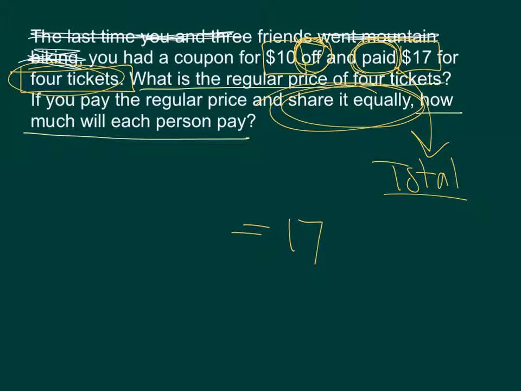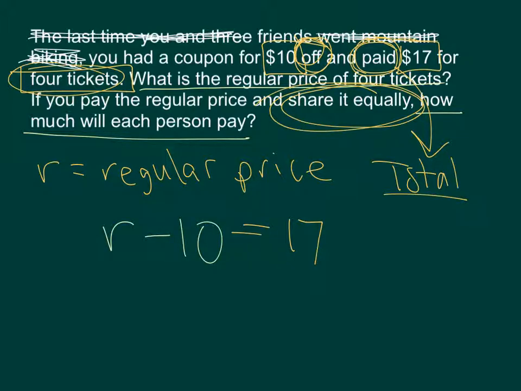So if we knew the regular price, which we're looking for, let's say R is equal to the regular price, how would we write the left-hand side of this equation so that it's finding us the new price, that it's finding us $10 off the regular? Well, it's going to be R minus 10. And we can use a little bit of our mental skills here and know that R would have to be $27